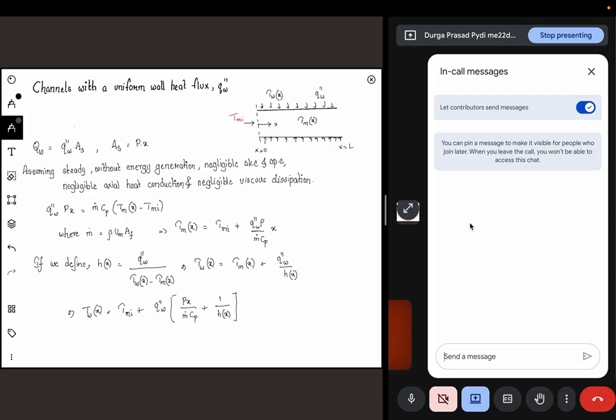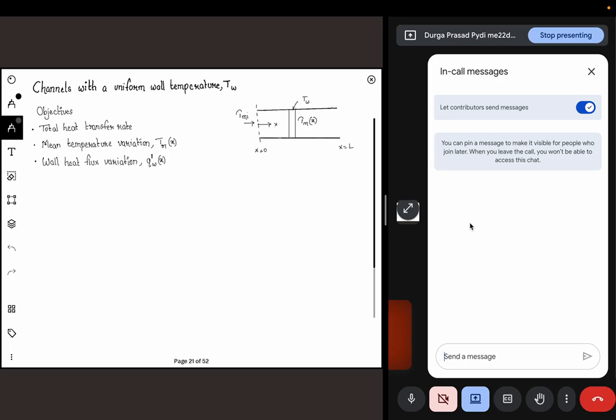Okay. Now we'll go to the next case where you have uniform wall temperature. Here the objectives are again the same. You need to find the total heat transfer rate, except for the last objective. Previously we were interested in finding the wall temperature, but now we know the wall temperature, so we'll be interested in finding what is the heat flux variation across the wall. The first one,